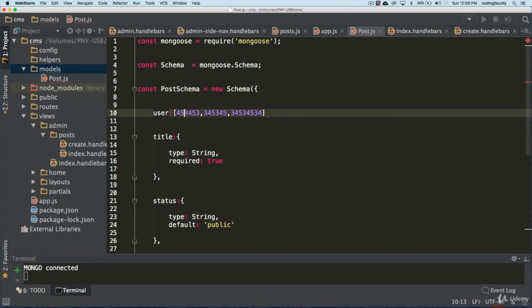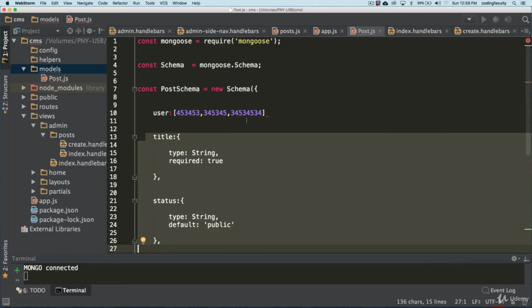For example, this ID belongs to one user. This other ID belongs to another user. This ID belongs to another user. This is a better approach because you don't want your data to get filled with more documents and more documents inside. Imagine you have a post document and that post has a whole bunch of other documents inside, and those documents will have other fields inside. That would be very messy.